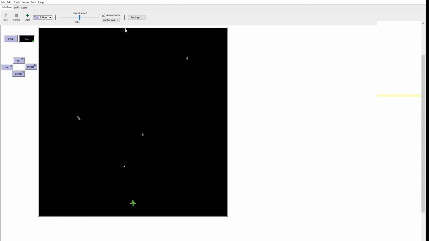But as you can see, all the bullets are trapped in the border. We should not have something like this, because finally it will end up having so many bullets here. That's too many turtles, and it's going to impact the memory of this game. So what we can do is define a border here.